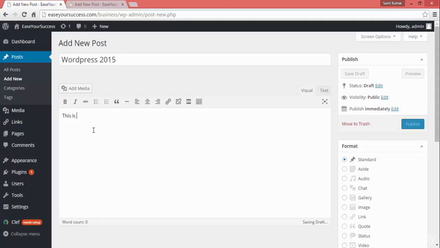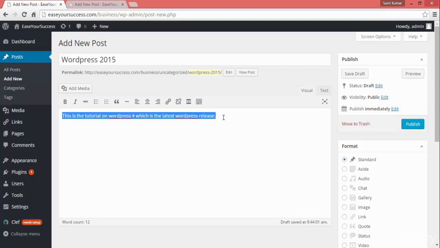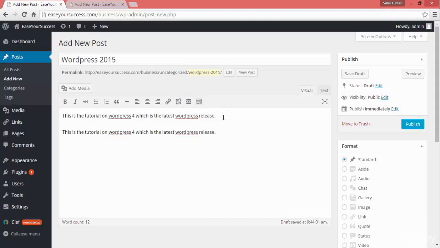So this is a tutorial on WordPress 4, which is the latest WordPress release. Something you want to share with your users, you can write in your post.